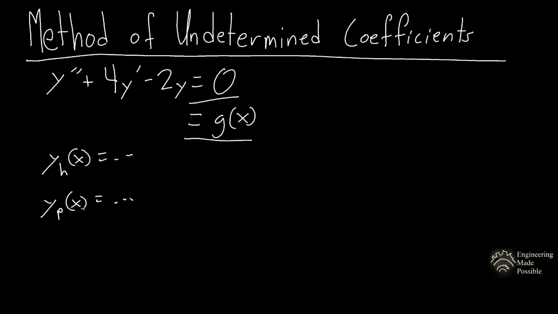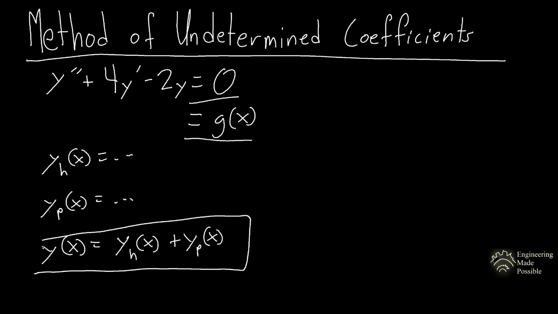So once we have the particular solution, which is the solution of the non-homogeneous differential equation, as well as the solution of the homogeneous equation, then the general solution of that differential equation is the linear combination of the homogeneous plus the particular solution. Just like the previous video of linearly independent solutions, the general solution will be a linear combination of the two, the homogeneous and the particular solution. So let's go ahead and look at the method of undetermined coefficients to be able to solve non-homogeneous differential